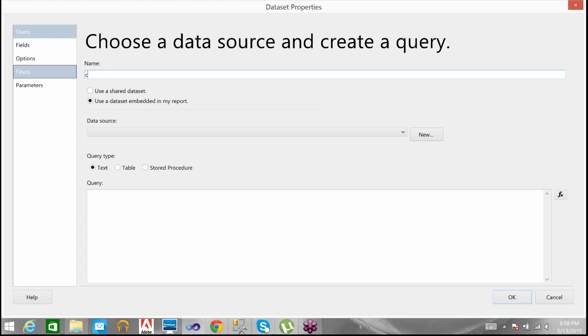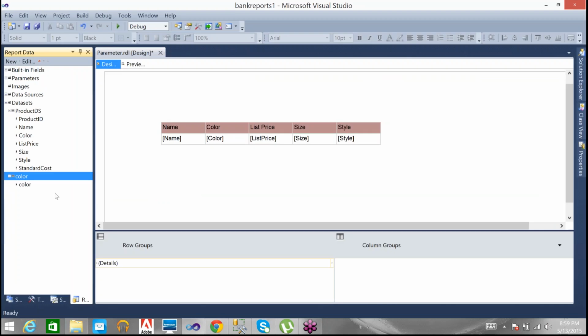Okay, then embedded, that is going to be color, then select distinct color from production dot product. Okay, you can use it like this. Okay, and